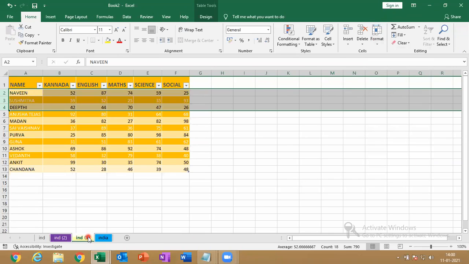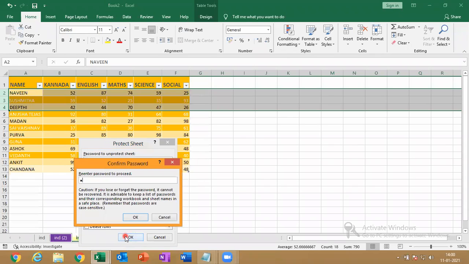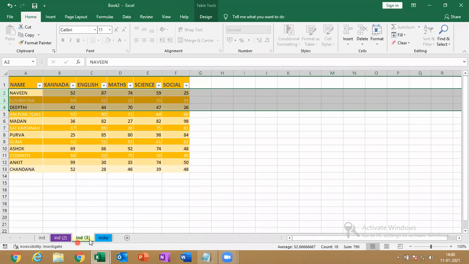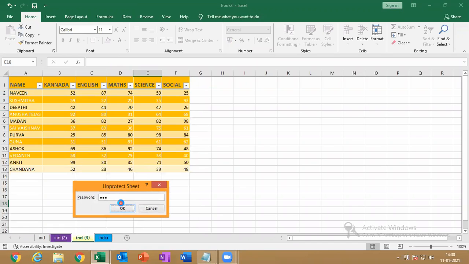Just right click, protect the sheet. 1, 2, 3. Let me lock the sheet. Again re-enter 1, 2, 3. So the IND3 sheet has been locked, where I can't type anything. Again let me right click and unprotect, 1, 2, 3.